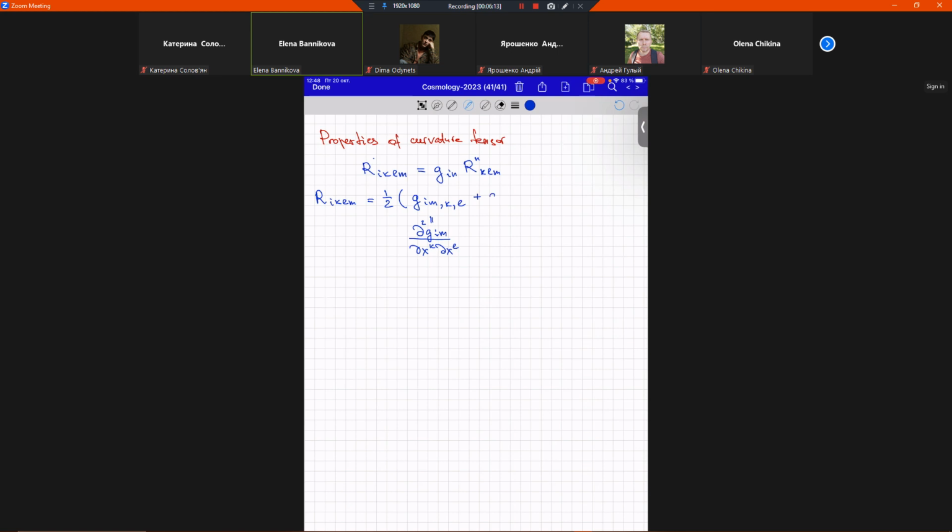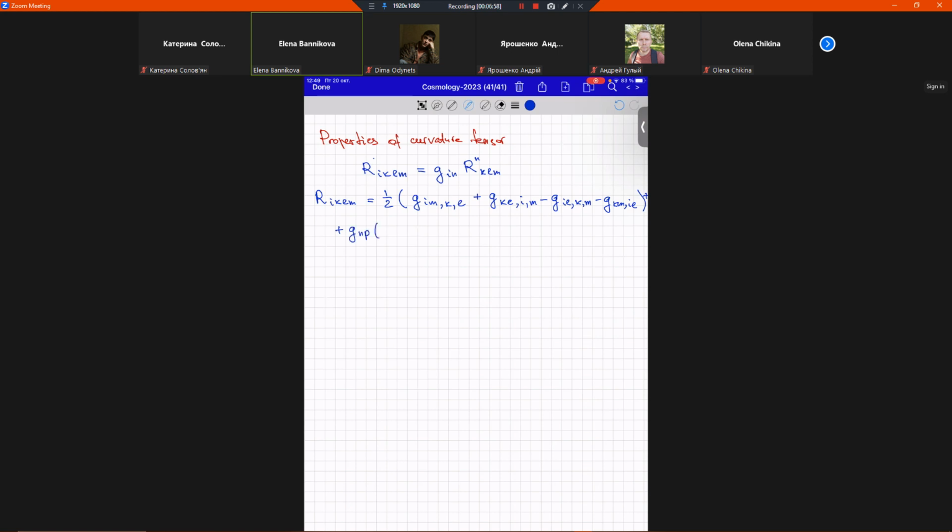Plus g_{kl,im} minus g_{il,km} minus g_{km,il}. So you can see that we have a kind of permutation of the indexes with some rule. Plus, it's not all, plus